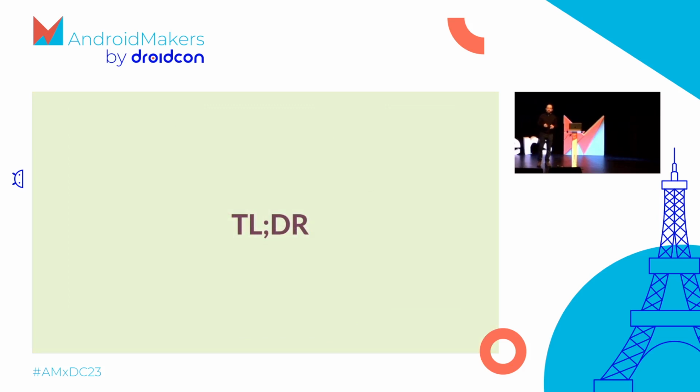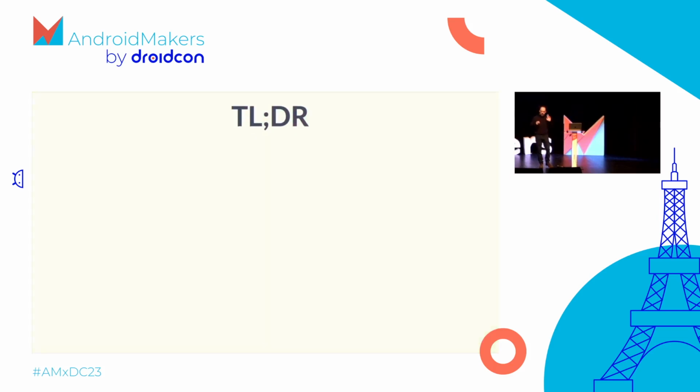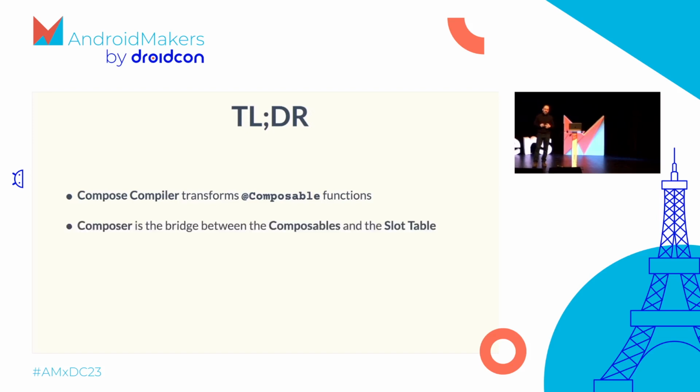Cool. To wrap it up, I know there was a lot of information and there was a lot of Compose internals in it. So let's try to sum it up in 2 slides. Compose compiler is the one who is transforming your composable functions and doing the magic under the hood, like injecting the composer, making the stability checks, etc. And then, since it's injecting composer, composer is the one who is making the bridge between the slot table and your composable, like recording the changes for your composable and making it possible to save the data about your composable inside the slot table. Then, slot table is the one who is keeping the data about your composables. Think of it like an in-memory database, keeping the data, metadata, and the actual data in a separate place in the slot table,